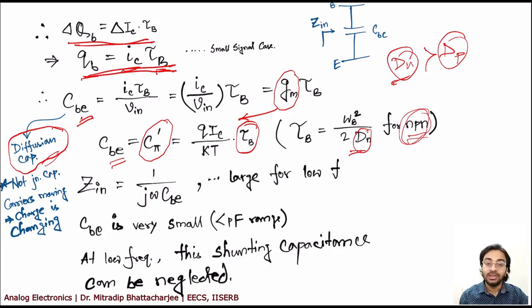Somebody may argue that the mobility of electrons is also higher than the mobility of holes, but remember, in case of BJT it is diffusion controlled. So directly going to the mobility probably won't be a correct answer, although Dn is ultimately related to mu, because Dn is proportional to mu by Einstein's relation, right? So if you say that the mobility of electron is higher, it actually means the Dn value is also higher, but it is better to say from the perspective of Dn because it's a diffusion controlled device.